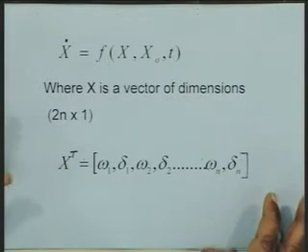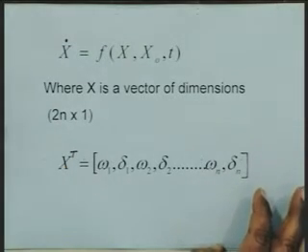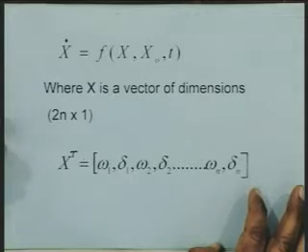Once you have done this, you can find the set of non-linear coupled differential equations for the machines. Once these equations are there, our task is to solve them using a numerical technique and plot the graph relating deltas versus time. That is, we have to plot swing curves for all the machines, and then we examine these swing curves to see whether the system is stable or not. This is the overall procedure.